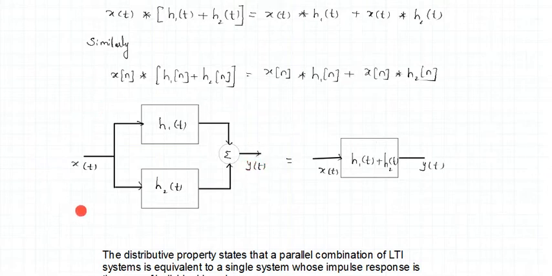This operation is similar to obtaining one system instead of two parallel systems. You have one system which is the sum of the impulse responses h1(t) plus h2(t), and now if you apply the input x(t), you get the same result. So instead of performing convolution for individual parallel systems, if we have one system which represents the combination of the parallel systems, you get the same result. This is the meaning of distributive property, right?